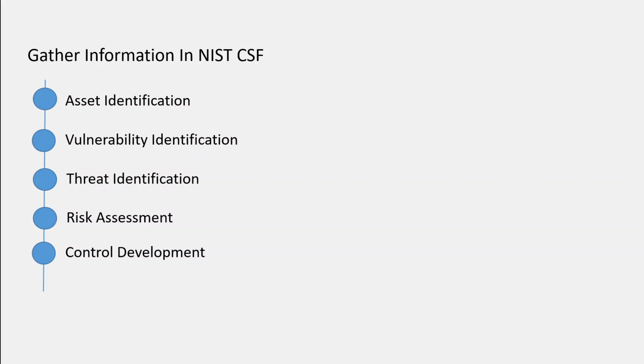So you can now see that the gather information function in CSF is indispensable for a comprehensive implementation of the NIST framework. It empowers organizations to analyze their assets, systems, and processes to identify risk accurately and implement the necessary controls to mitigate them effectively. Enhancing cybersecurity is a top priority in today's digital landscape. By leveraging the NIST cybersecurity framework and utilizing the gather information function, organizations can proactively protect their valuable assets from